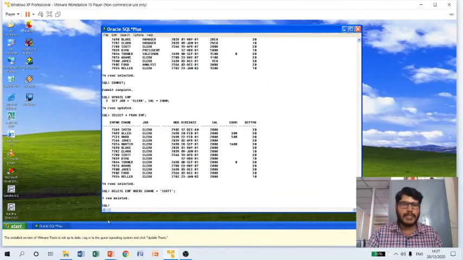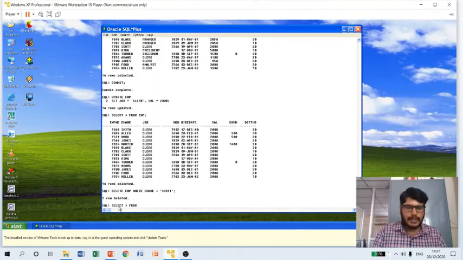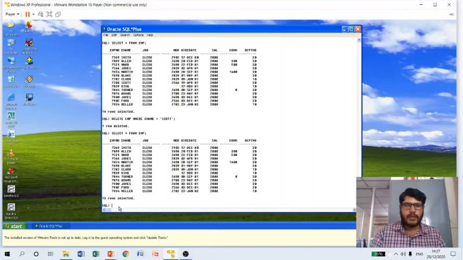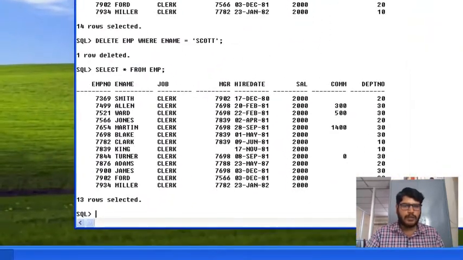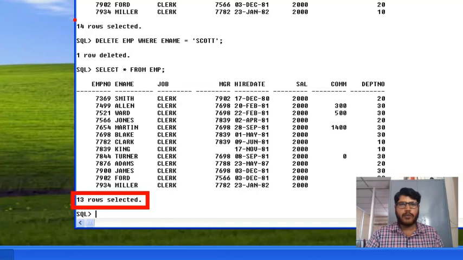Now let me show you by selecting the records. Select star from EMP. Now you can observe that instead of 14 records, it is showing 13 rows, because one record has been deleted. Earlier it was showing 14 rows selected.